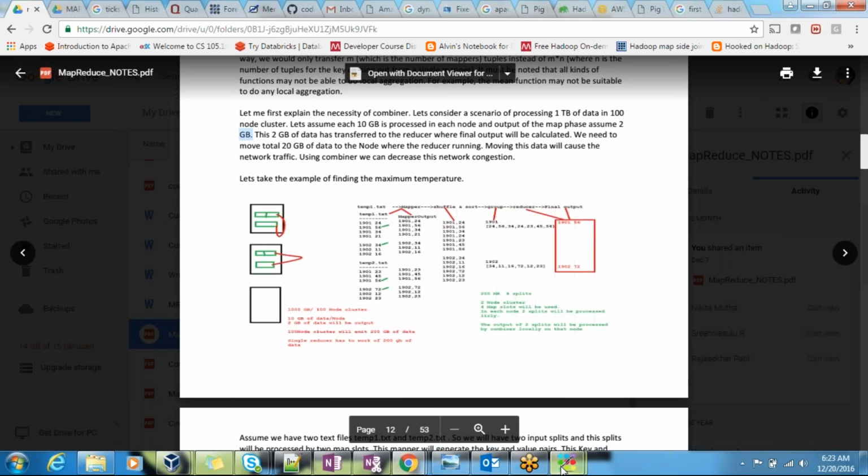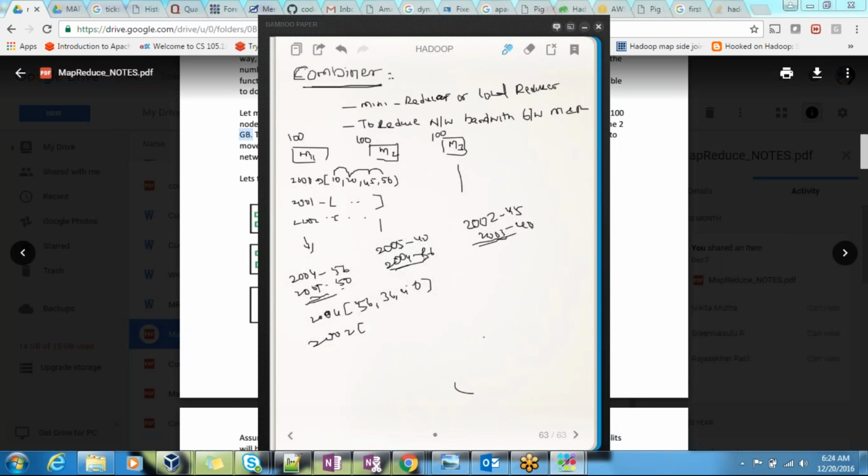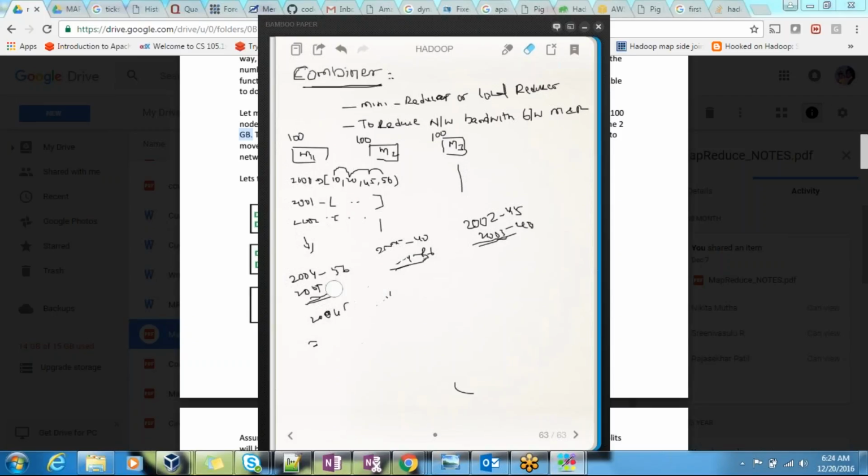So I think it's better if I write here. Let's say my total is 1 TB. 1 TB is nothing but 1024 GB, processed by 100 mappers or 100 nodes.